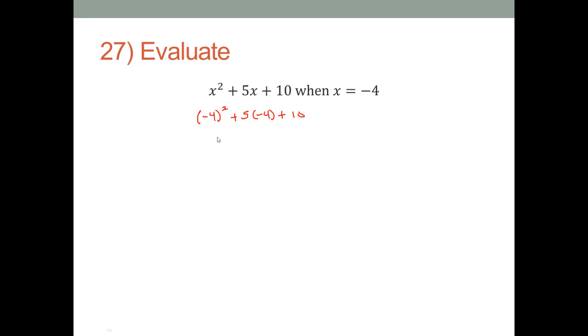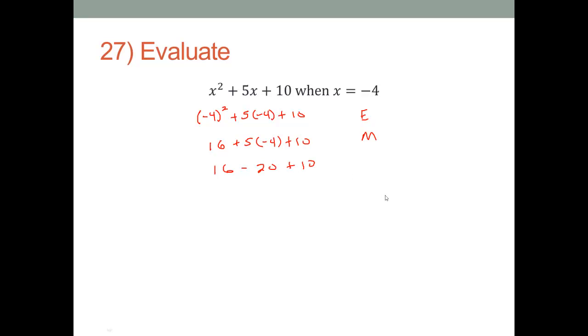Now we have parentheses here, but there are no operations inside either one of those parentheses. So the next step would be exponents. Negative 4 squared. Since that is in parentheses, that means negative 4 times negative 4, which will make that positive 16. After exponents, multiplication or division, we have multiplication between the 5, the positive 5, and the negative 4. So 16, 5 times negative 4, negative or minus 20,